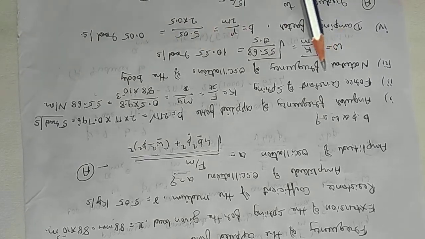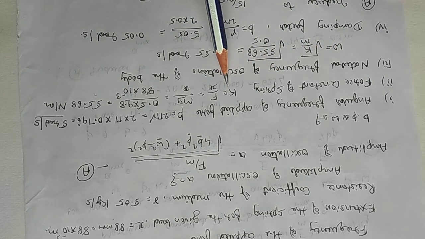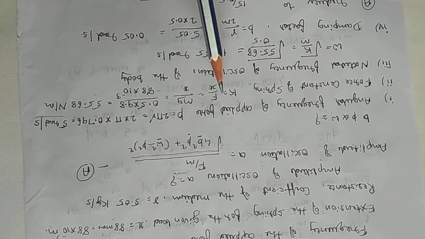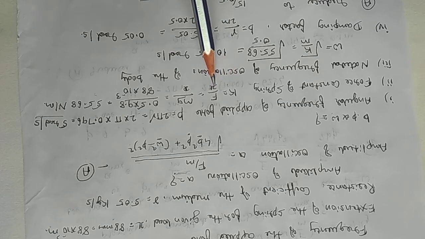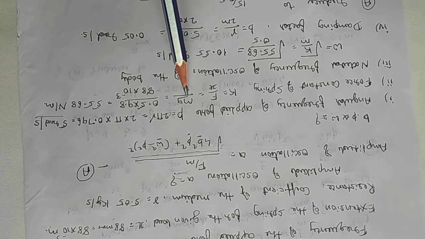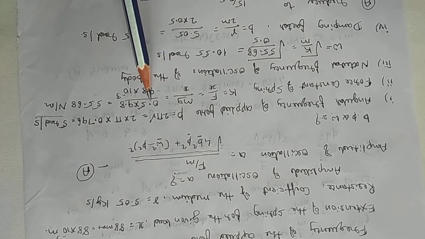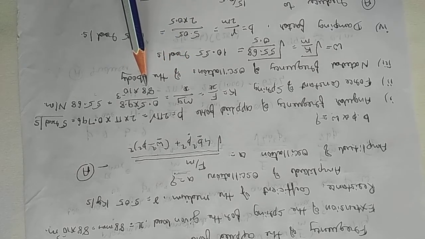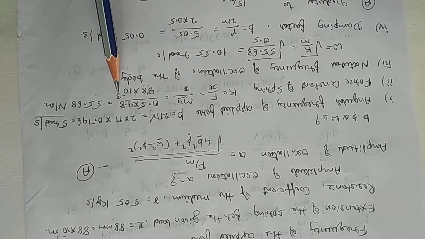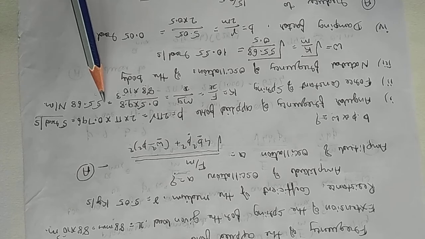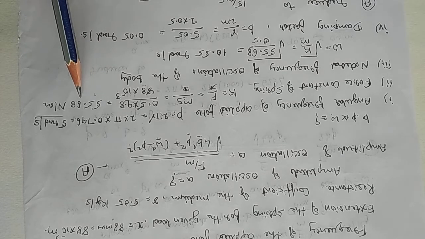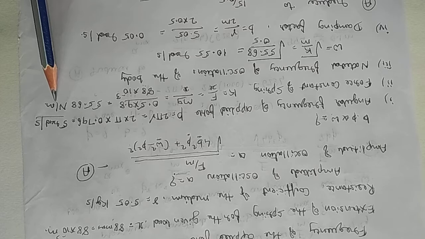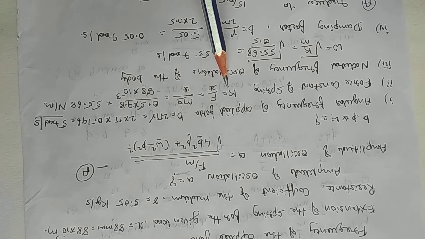Next, the force constant K. We have calculated in the previous class that K is equal to F by X, where F is equal to M into g. So mass applied is 0.5 kg, g is 9.8 and the displacement is 88 mm or 88 into 10 power minus 3 meter. If we substitute, the answer comes to be 55.68 Newton per meter. This is the spring constant.